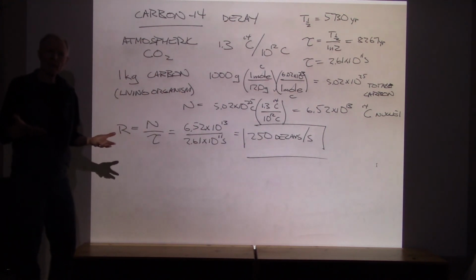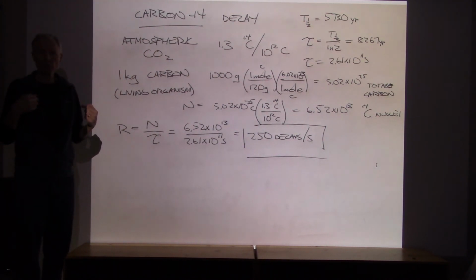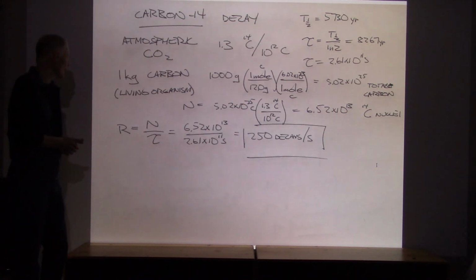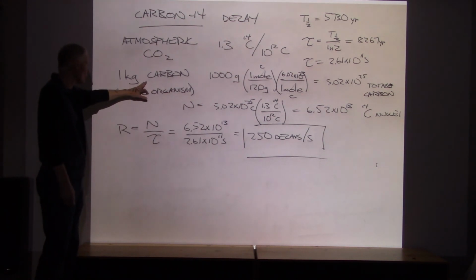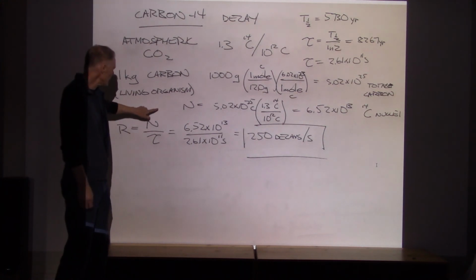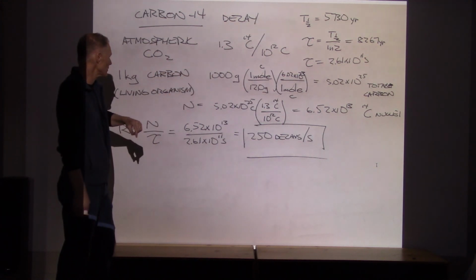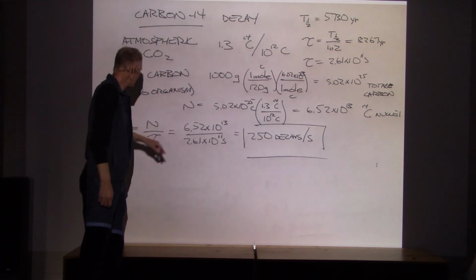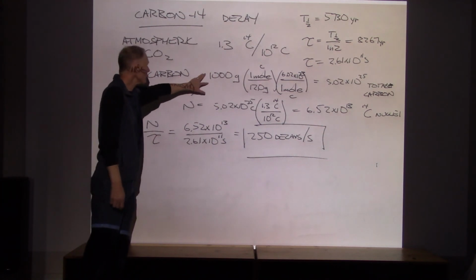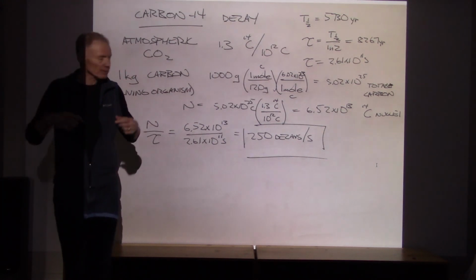At what rate is our indigenous carbon-14 decaying per kilogram of carbon? And that would be the number divided by the lifetime, and we've calculated the lifetime in previous examples. And what that's telling us is for every 1,000 grams of carbon inside of us,